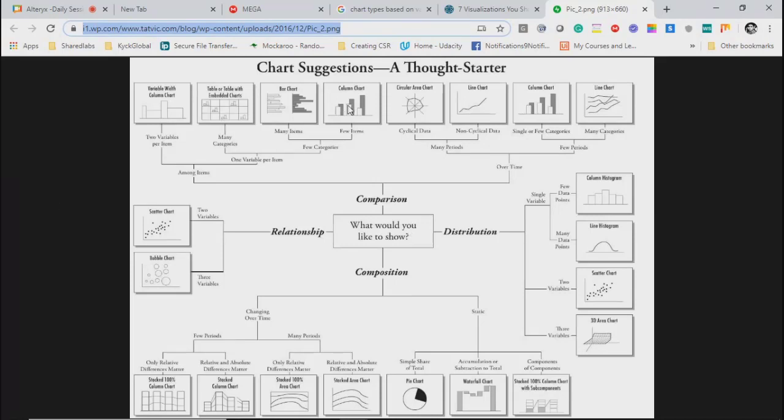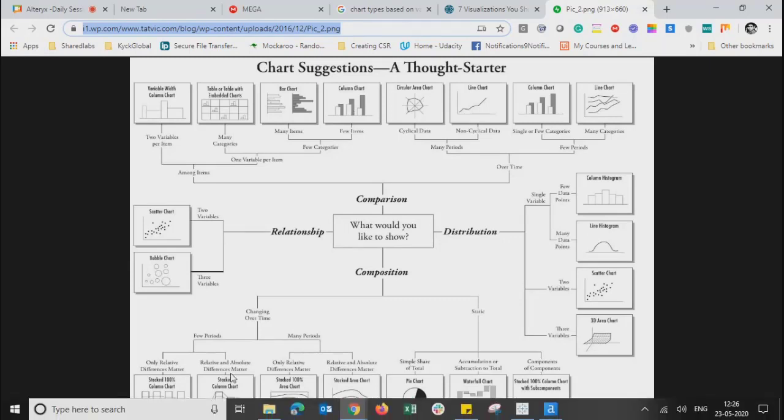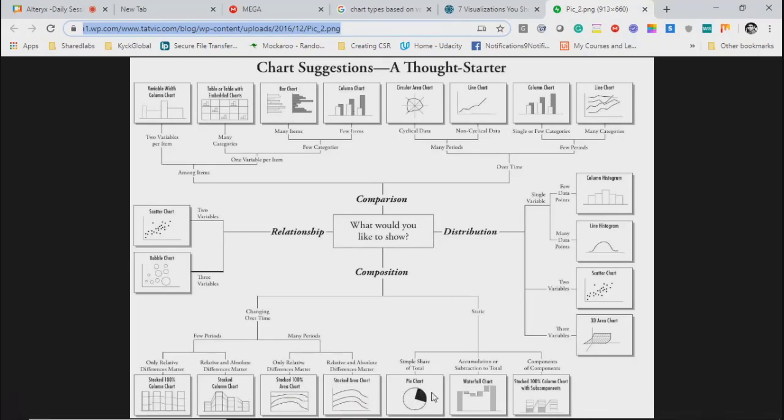If I simply say, no, I don't want to see which one has the better one, I simply want to see the status of all the products, then you will go for the composition, and maybe the pie chart will be the best one in that case, right? You can show the comparison using pie chart also, but the primary intent is not to show the comparison. It is to show the different statuses or, you can say, ratio within the given territory.